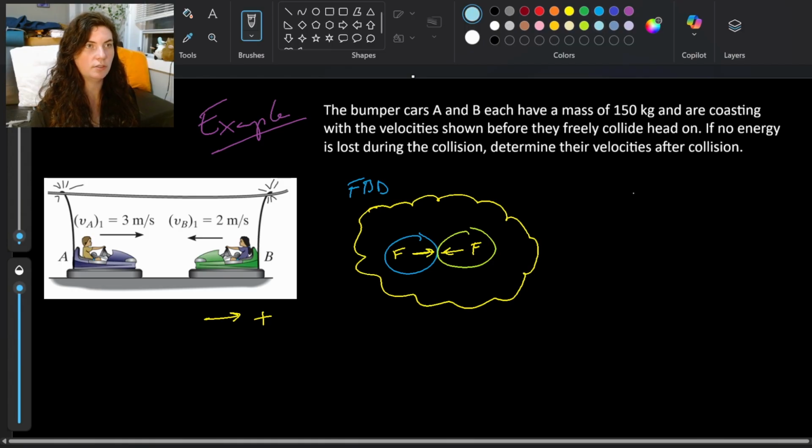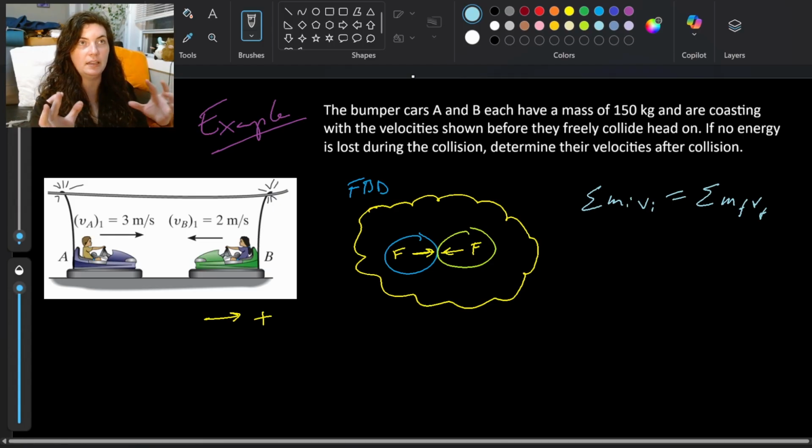So again, that's our initial velocities. Sum of our initial velocities times initial masses equals sum of final velocities times final masses. Where now, instead of a collision where we're sticking together, they're each going to have their own mass,